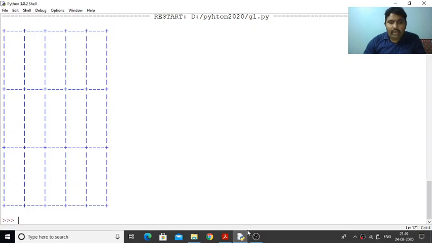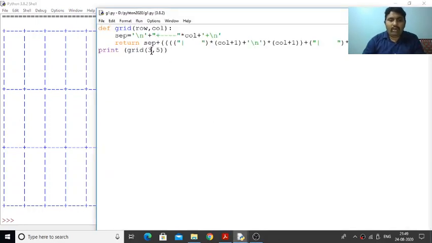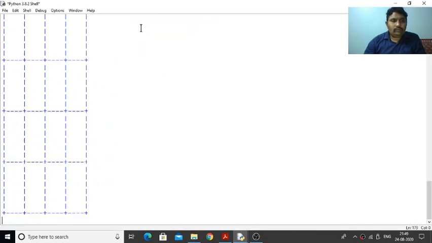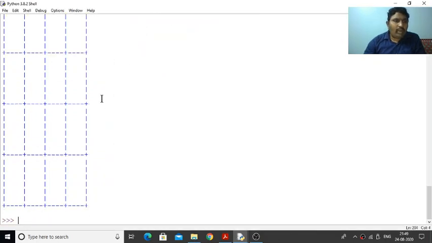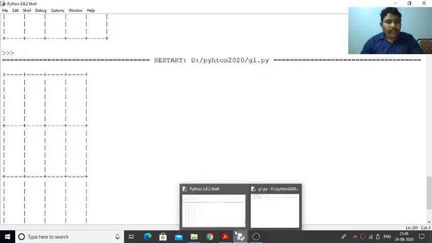So for any kind of grid now it will work. For example, in this particular one if I give 4 comma 4 also, it will come out. So any kind of grid, now the program is working. So this is how we can develop the program. I think you understand the concept. So this is how to develop the complete lab program. Thank you very much.